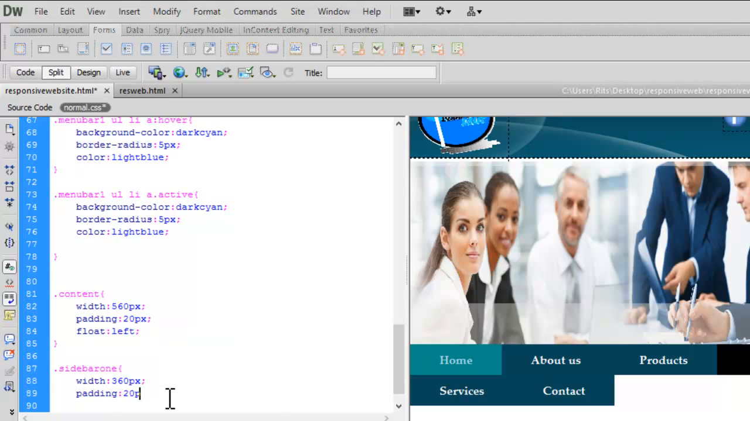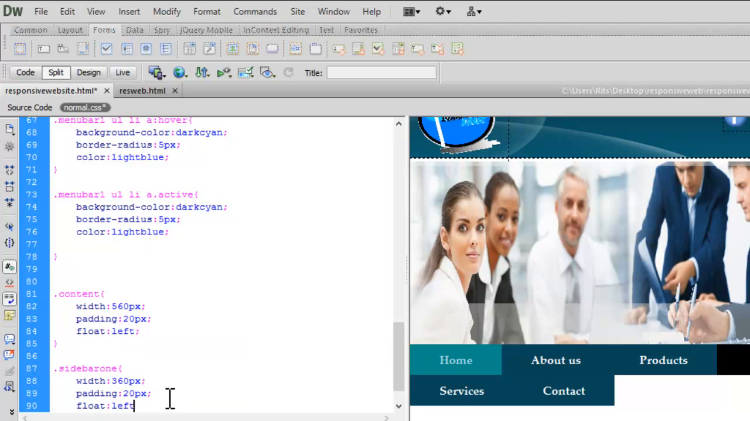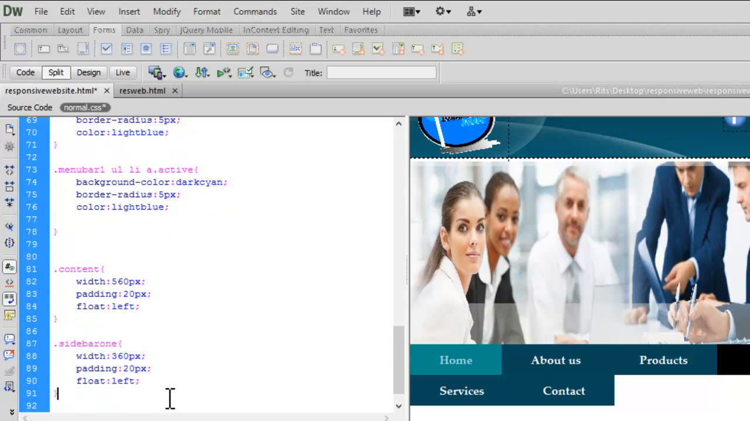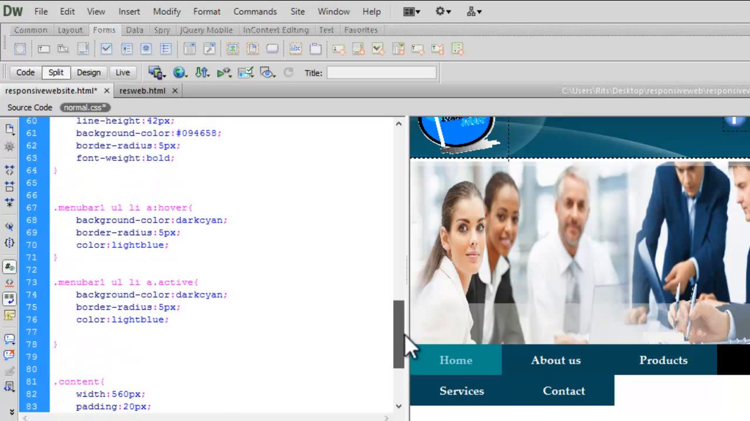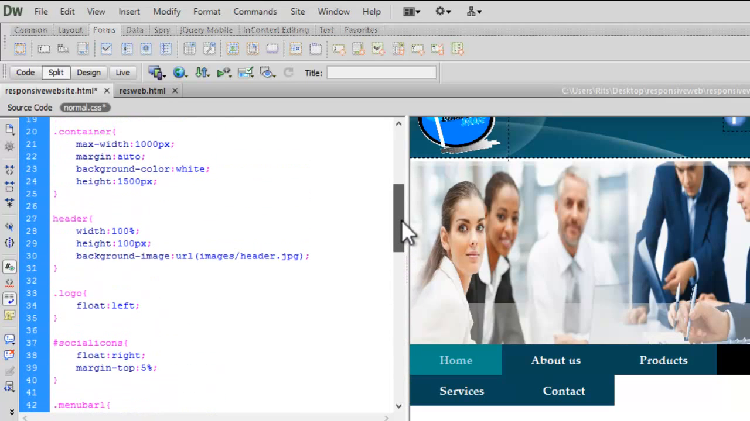Padding, let me have again 20 pixels. Float left. See, I have made two classes, content and sidebar 1, as our website is in two parts, left sidebar and right sidebar. So the content will be on the left side and the sidebar will be on the right side. They both will be toward each other. The total sums up to 560 pixels, 360 pixels and padding from both the sides